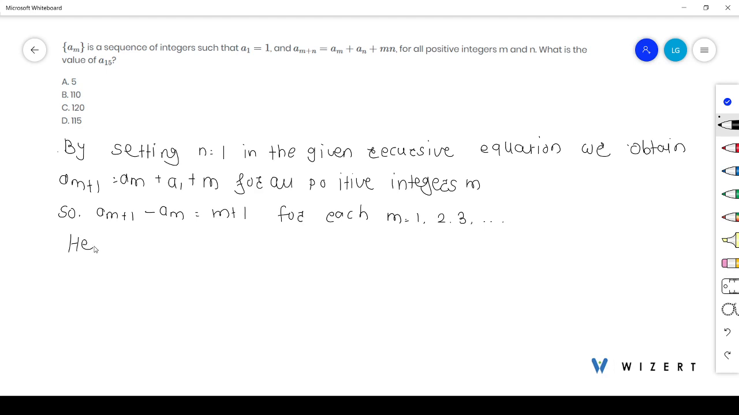Hence, a_15 minus a_14 is 15, like that a_14 minus a_13 is 14 and so on. a_2 minus a_1 is 2. Now summing these equalities,